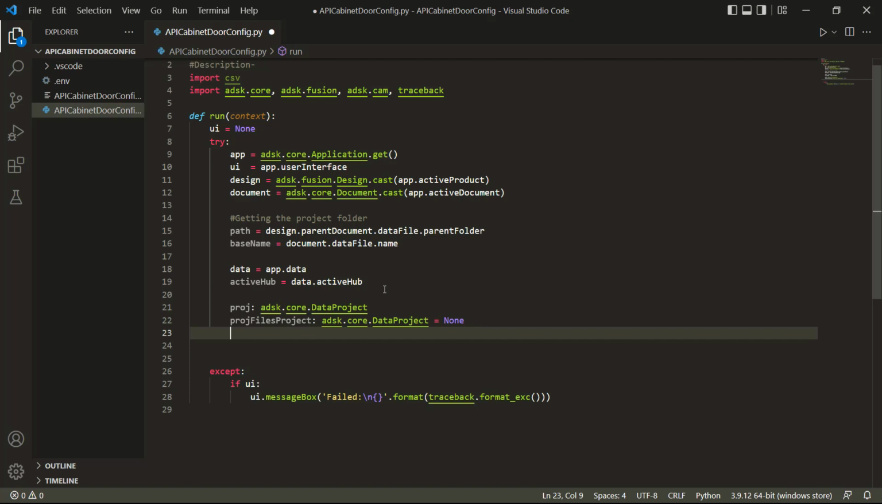All right, so now that we have this bit set, we're going to have to go through the next steps to figure out if we actually have a project that we're looking for. And the way that we have to do this is by creating a for loop. Now, we're going to use this for loop to go through all of the projects, and it's going to look for a specific project name. So for proj, now remember proj is the Autodesk Core Data Project. So for project in our active hub